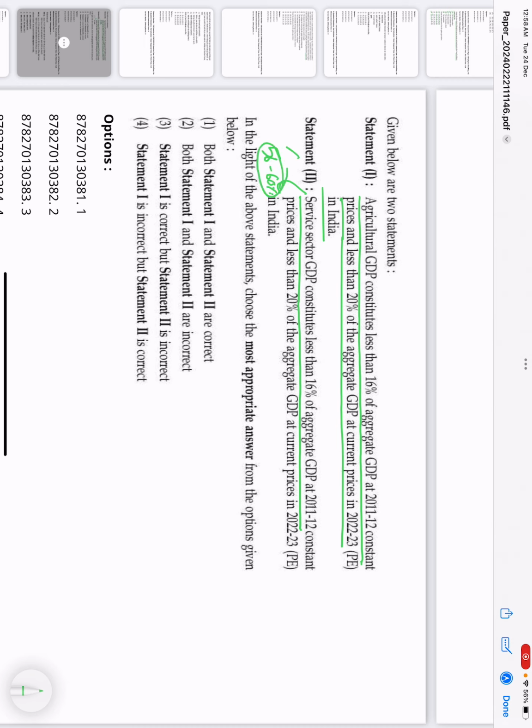So statement 2 is definitely wrong. Statement 1 is correct and 2 is wrong. So what they're saying in statement 2, that can be